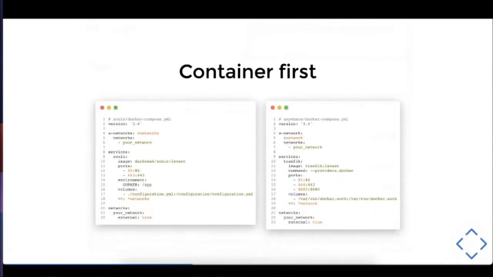Like Traefik, Swan is container first, designed to be compatible with as many existing systems as possible. You can define a docker-compose.yaml file for Swan, exposing the needed ports and mapping the configuration file path, and be sure the reverse proxy is in the same network as the Swan instance to avoid external requests.